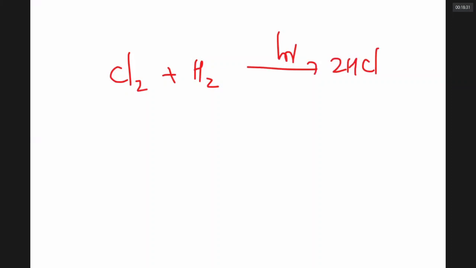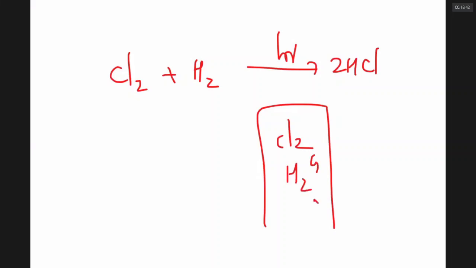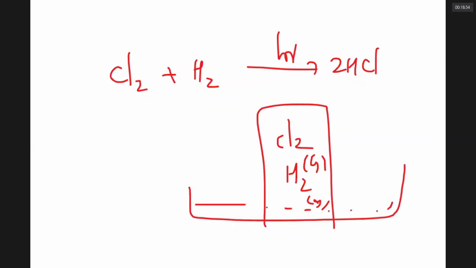This experiment I have shown once in Chennai. Here I have taken a container. In this there is green colored chlorine gas, and I have also bubbled hydrogen gas. At room temperature, there is no reaction between the hydrogen and chlorine which I kept in the container. Here there is water. The hydrogen and chlorine mixture is not much soluble in water, and the water is by and large there in the trough, with no specific change.